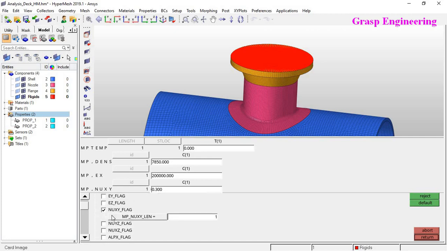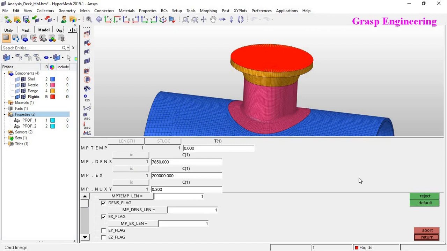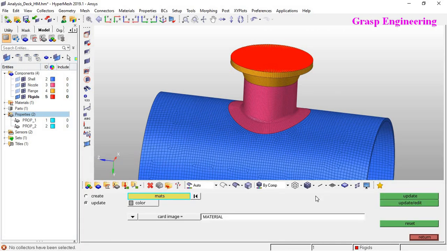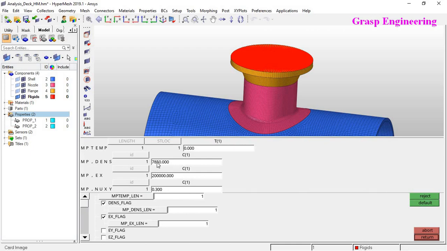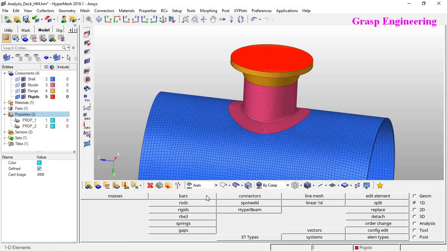If you have different Poisson's ratio in different directions, you can define from here. And these are the different materials which you can define, like thermal expansions and all this, which will be needed for your thermal analysis or any other analysis deck system. Let's return and update. Okay, if you want to check structural steel, select, update, edit, and you can cross check whether all these properties are well defined or not. So let's return now. Okay, now we defined that.